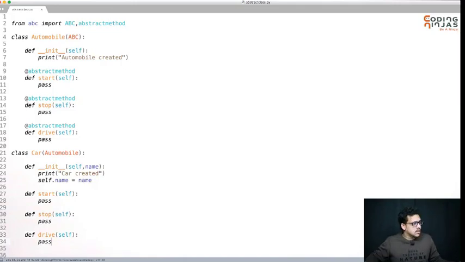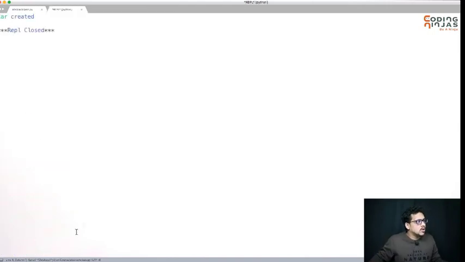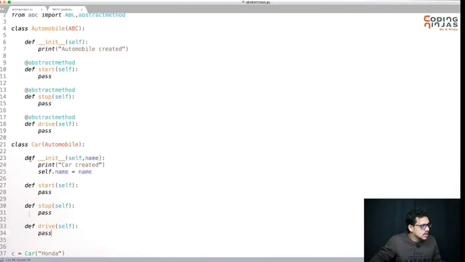Something like this. Now this can go and you can have a function car created. So this is a functionality. You need to implement these functions before going on further. You cannot go further without implementing these functions. Now if I have this, I was able to create objects of this.